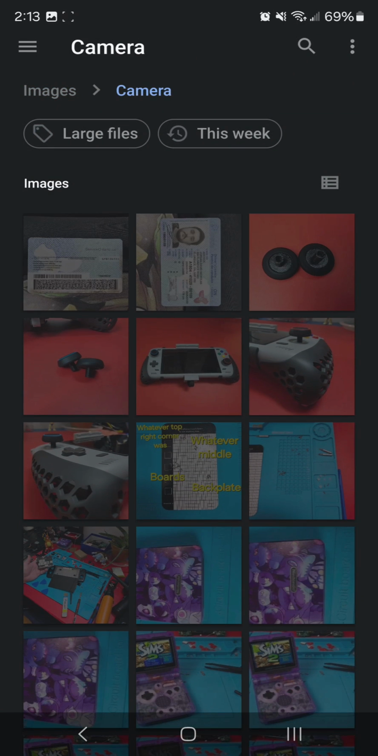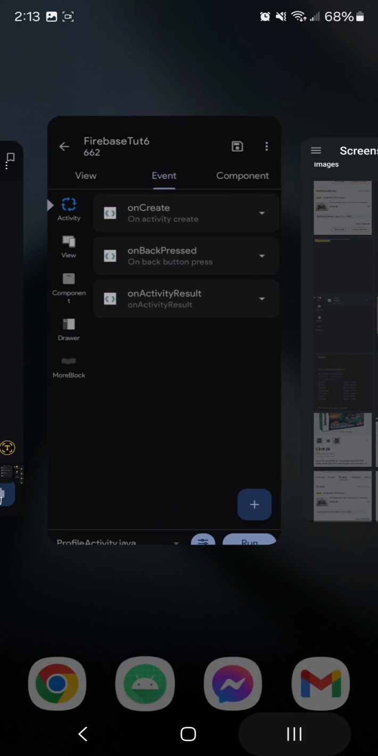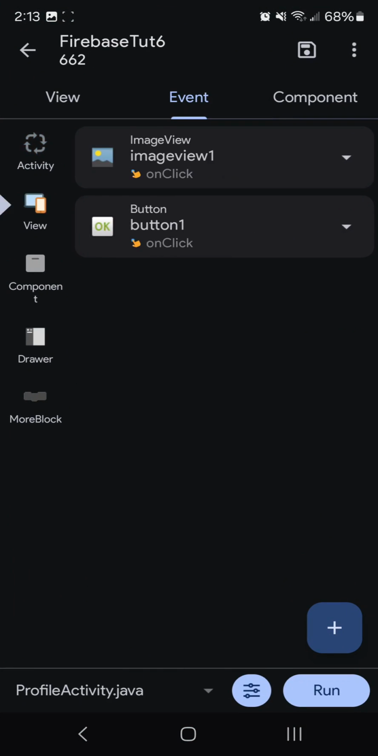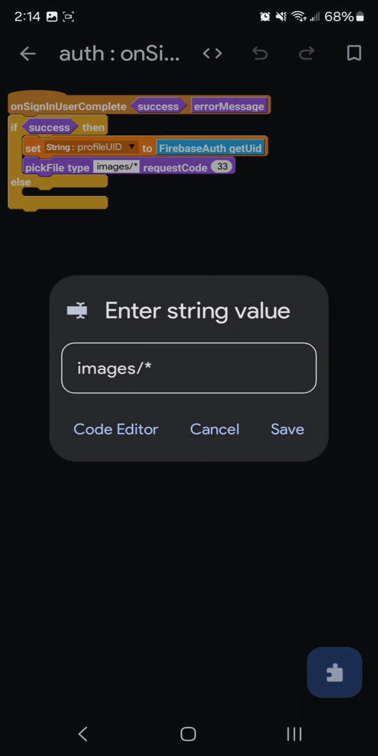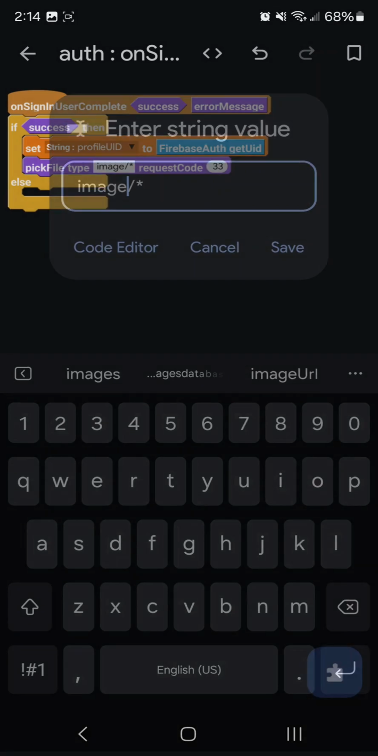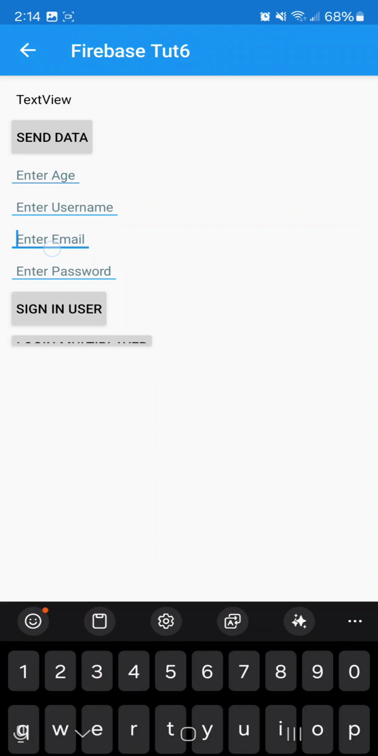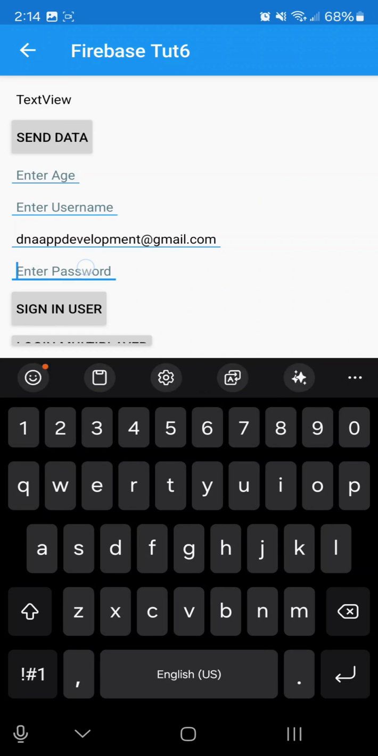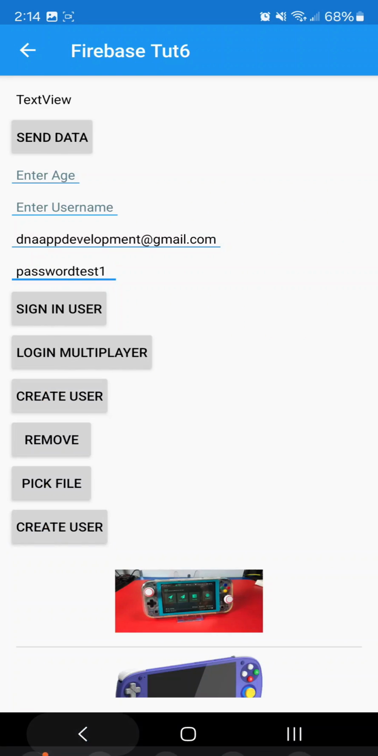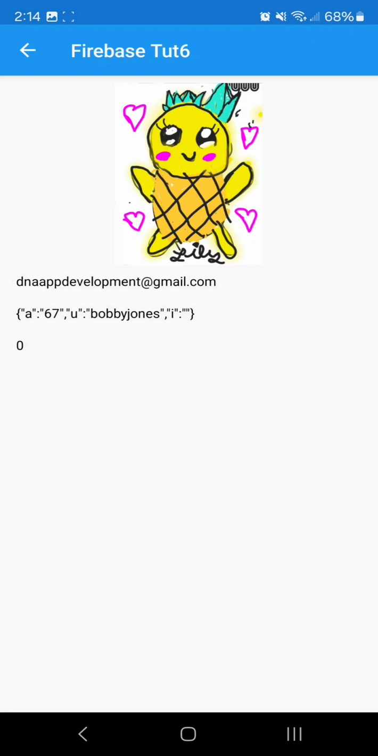I'm just going to pick a random image and maybe we set our type properly. Let's double check that. Oh, image. My mistake, not images. It's just image. Okay. Let's try that again. So email and password, DNA app development, password 1, and sign in. Click the image,